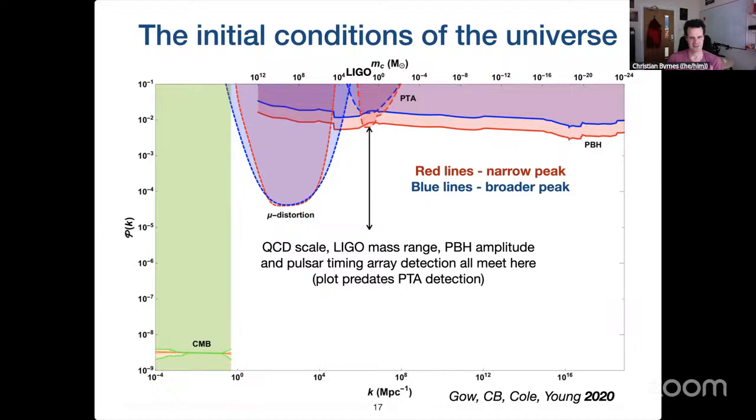And another challenge is that the QCD transition is going on around these scales, and you have to take that into account as well. And this is all getting, to say the least, rather complicated. So exciting times. But as I said, for me, the smoking gun signature would be the detection from LIGO Virgo KAGRA of a definitely subsolar mass compact object. And that hasn't been found. And the longer the searches go on and don't find anything, the more it becomes in tension with explaining pulsar timing arrays and primordial black holes via the QCD phase transition. So it's still interesting, but it's looking more and more squeezed, is my honest verdict.